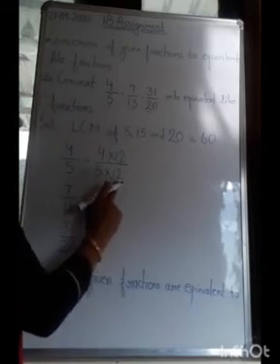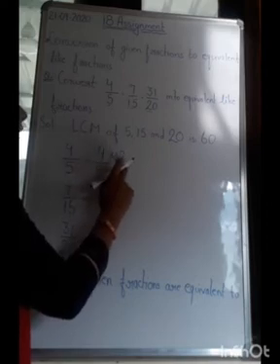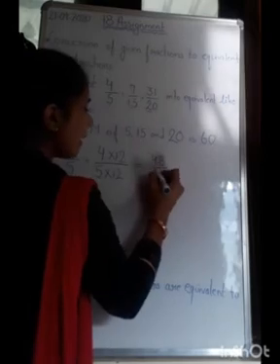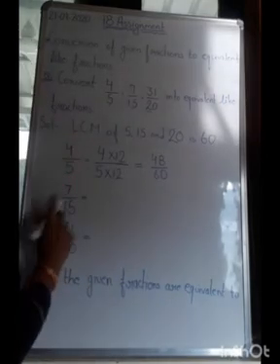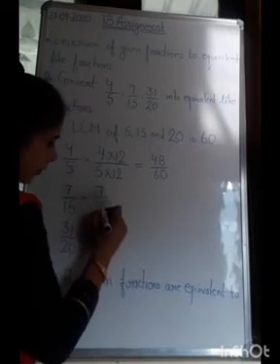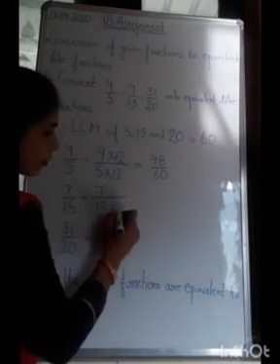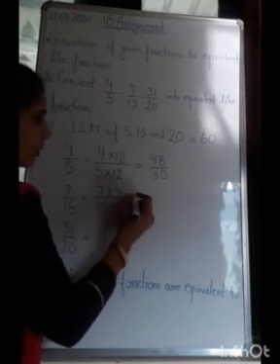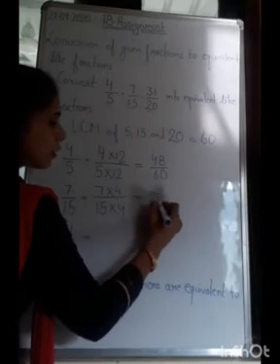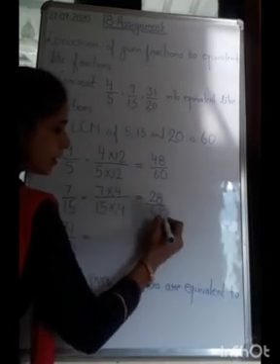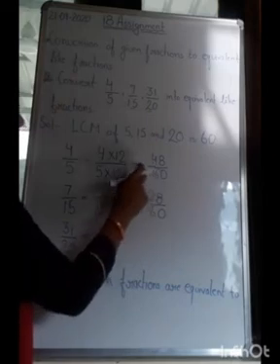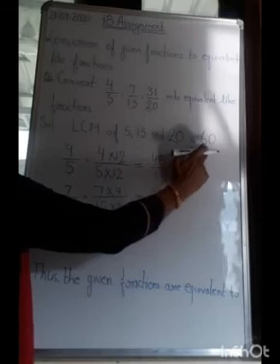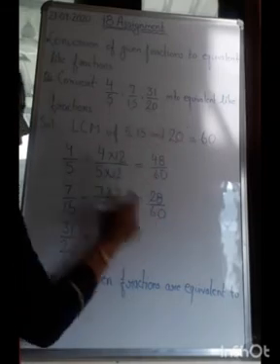So if I am multiplying the denominator with a number, I have to multiply the numerator with the same number. Okay. So after multiplying, I am getting 48 by 60. Clear? Similarly with this one, that is 7 upon 15. Now we have to multiply 15 by 4 to get 60. If I am multiplying the denominator by 4, I have to multiply the numerator also by 4. Now 7 4s are 28 and 15 4s are 60. Clear? In every fraction, I have to make the denominator equal to the LCM which I am getting. Okay, that's why I am making it equal to 60.